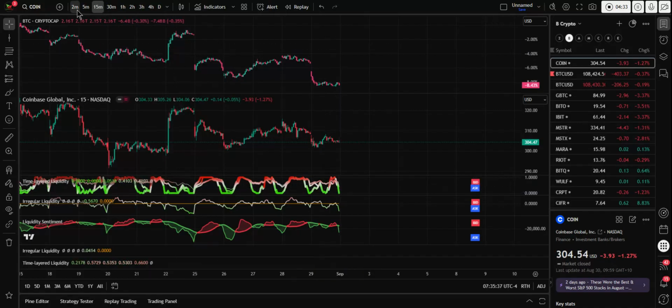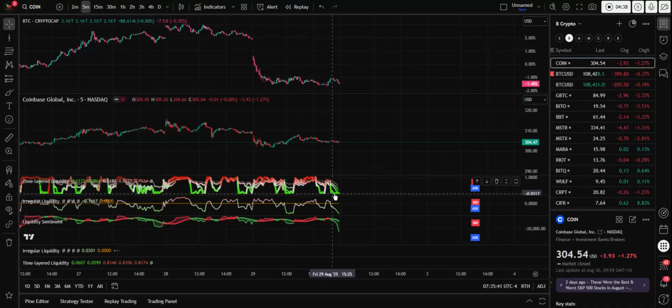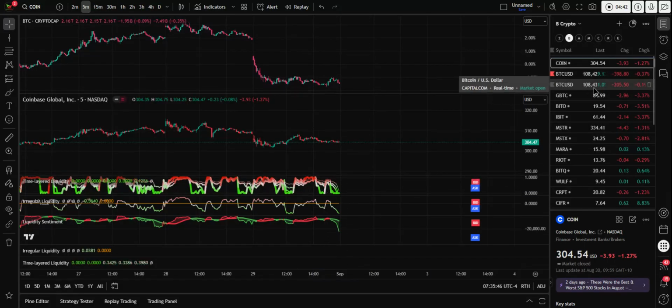It did, in the 15-minute zone, drop into green, but if we have a look in the 5-minute zone, it looked a lot greener. It'll be interesting to see if Bitcoin turns around a little bit over the next 24 hours into the open on Monday. Anyway, have a good end to your weekend,